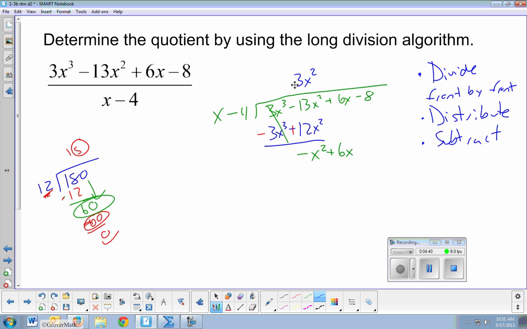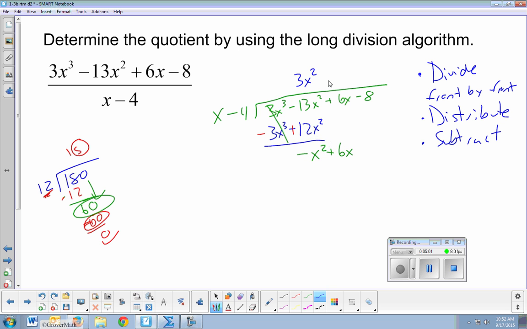Right, we divided to get this, we distributed to get this, and then we subtract these from the terms above them. Then I simply go back to the beginning and repeat the process. Maybe I bring down a term, but divide, distribute, subtract, repeat. So front by front, negative x squared divided by x